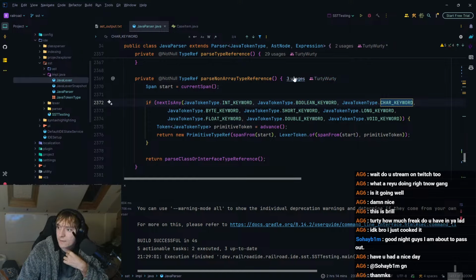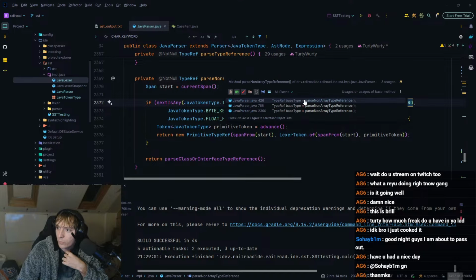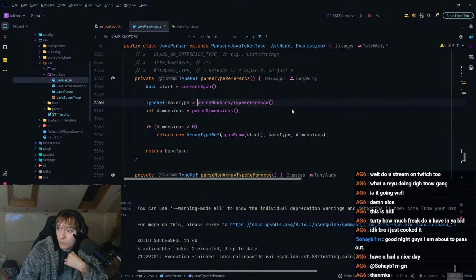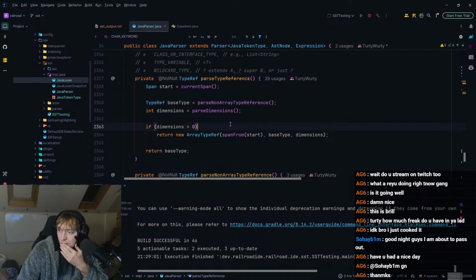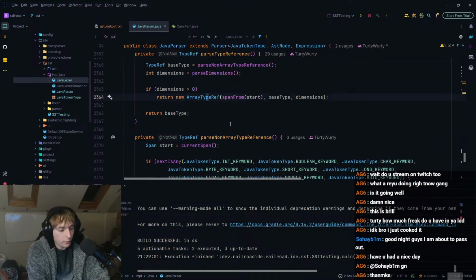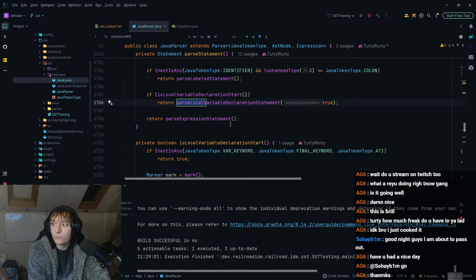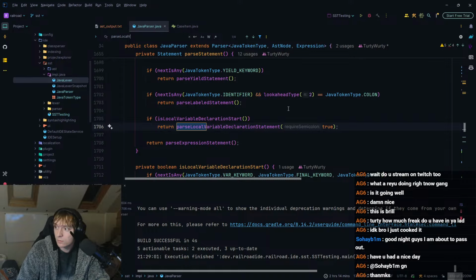Okay, so wherever this is being called, which, oh, it could be so many places. This one, probably, and then, okay, I think let's just look for pass local variable declaration statement. Let's try that.